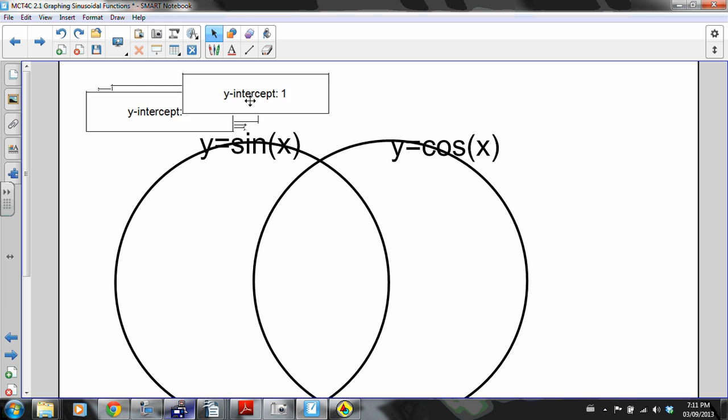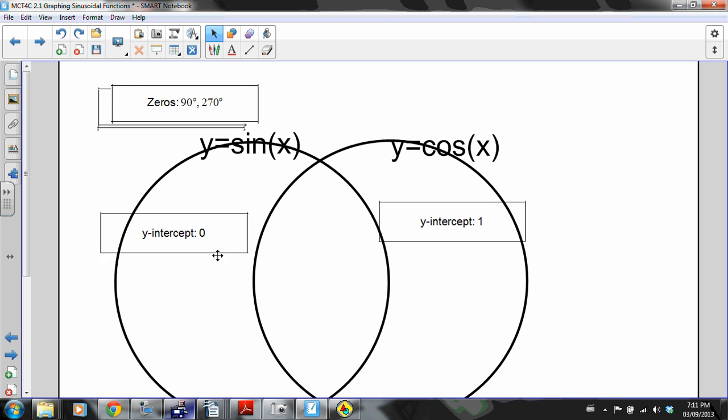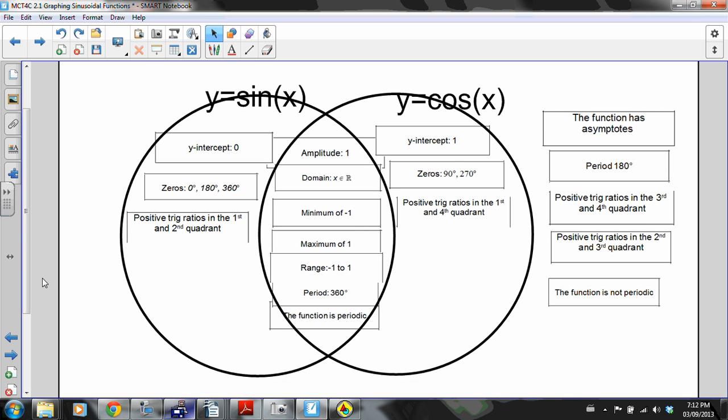So y-intercept of 1. Well, which of these graphs have a y-intercept of 1, or maybe both? No, just the cosine. So that one would go there, this one would go there, and so on. My version, don't cheat now, try it yourself, but it's right there. Check your answer. And then you use this value to fill out the next